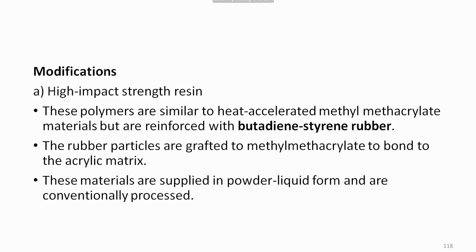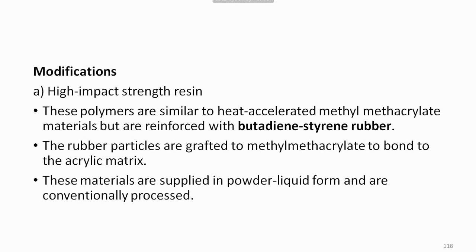So this is all about heat cure acrylic resin. Okay, heat cure acrylic resin can also be of different kinds. Okay, by improving its physical mechanical properties by adding some chemical, it can again be of two types. Number one is high impact strength resin. Okay, this is also a type of heat cure acrylic resin. So how is it different from heat cure acrylic resin?